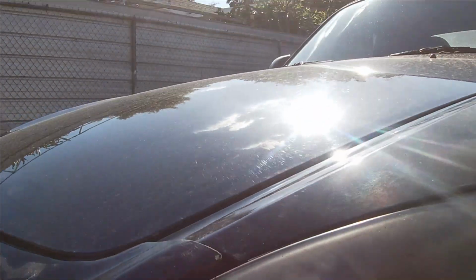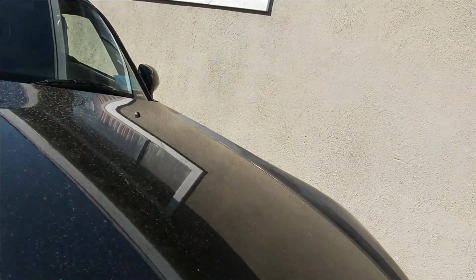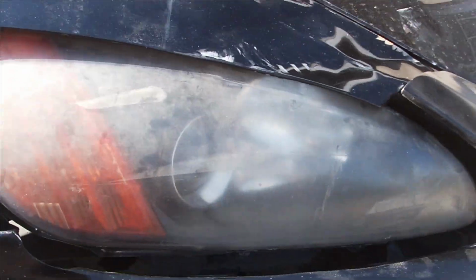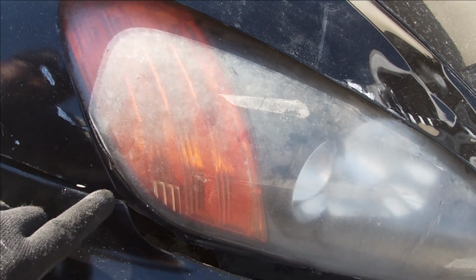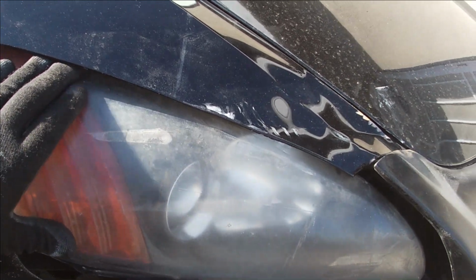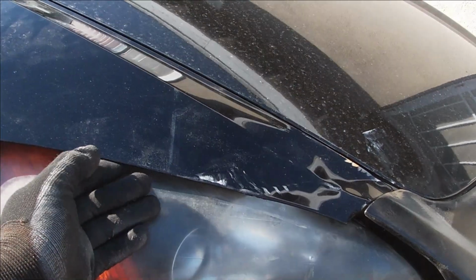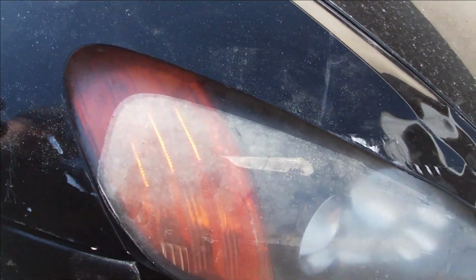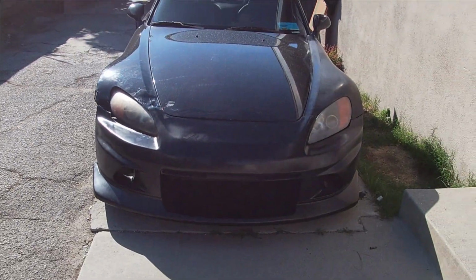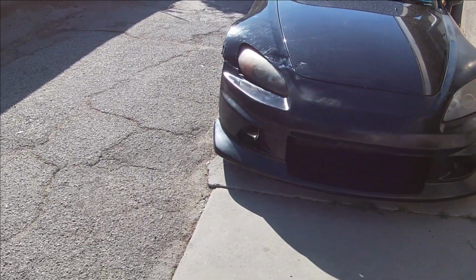I feel like I'm gonna have to get some rubber casing so I can put it all around to make sure water doesn't go in through there. The only issue I'm having on this side is that this fender is hitting this part of the bumper, so I just have to stretch this out and maybe everything else will align itself up. And then this part right here, I just need to hammer it up, and that's it. Compared to how the car was before, this is a major upgrade. Looks a lot better, and